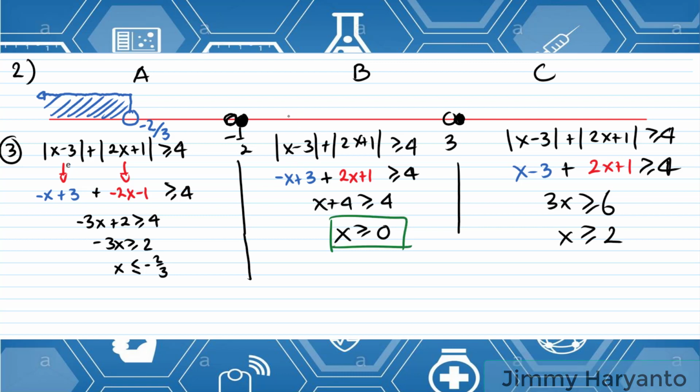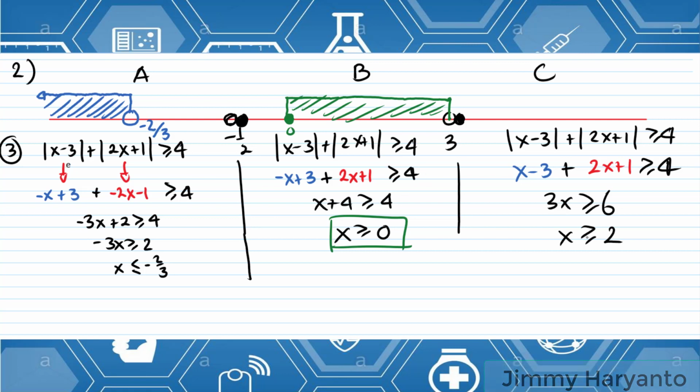And then for room B, the solution is x greater than or equal to 0. Where is 0? Oh, 0 is right here. 0, ya. Greater than or equal to. Jadi ini pakai warna. Greater than or equal to itu artinya ke kanan. Go to the right side. But we can only draw until the border of B. So we stop right here and then go down. Yeah, we shade this one. This is the solution for room B.